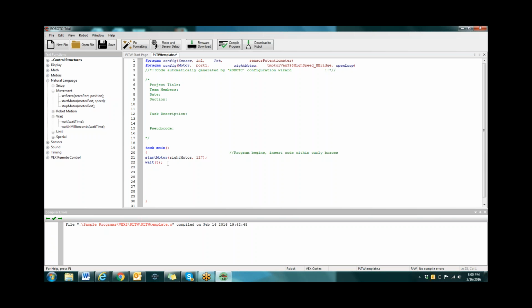And then I want it to stop. So I'll put in the stop motor command. Double click on that, type in right motor. And in this case, we don't need to put in a speed because inside of this language, the stop motor has a value of 0, so it stops it. And then what I would do is compile this, where I can go up top here and I can say compile program, or I can hit F7,